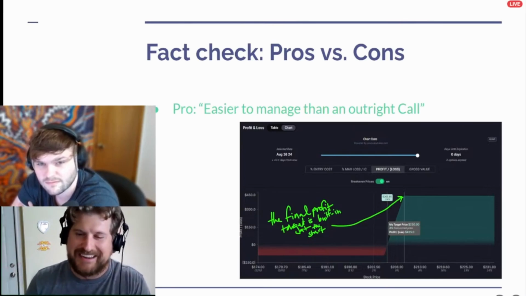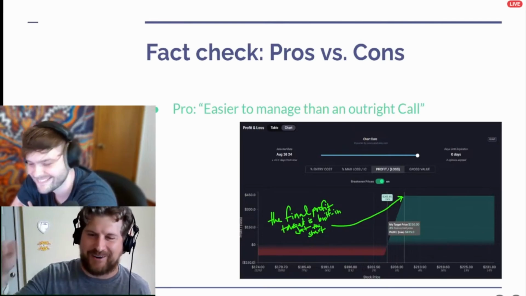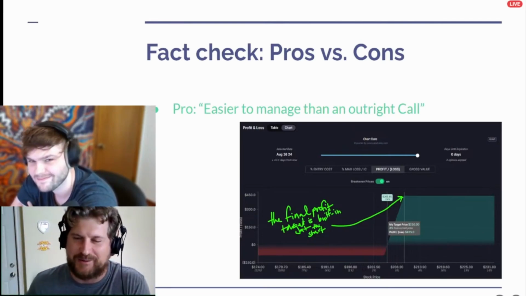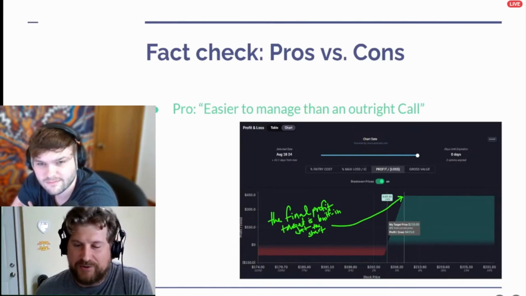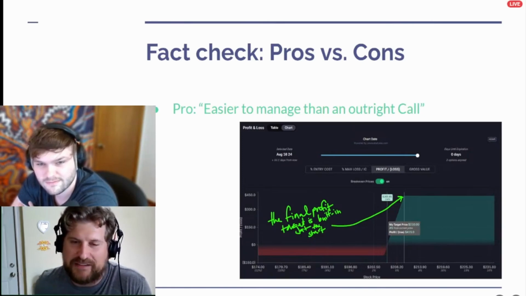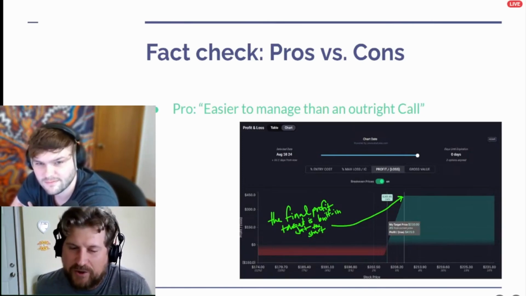Anybody here who's speculated, gambled on buying far out of the money calls on an earnings announcement knows that those options tend to be expensive, and they also know that the implied volatility on that contract is going to fall down really fast after earnings. So if you can sell an